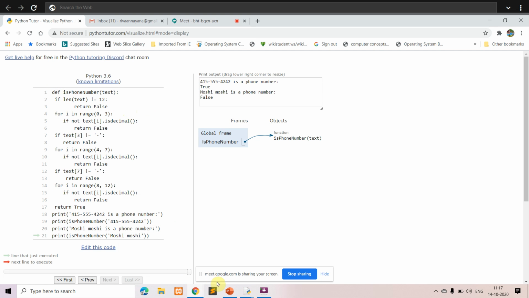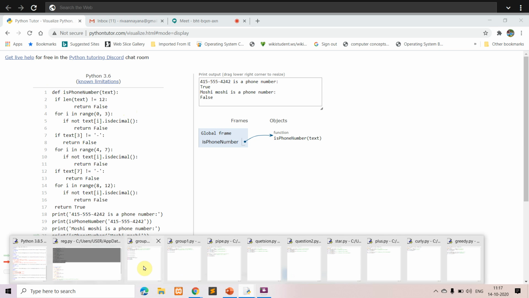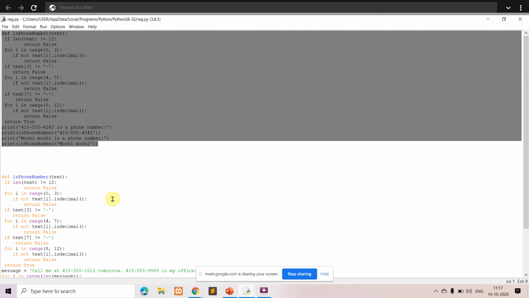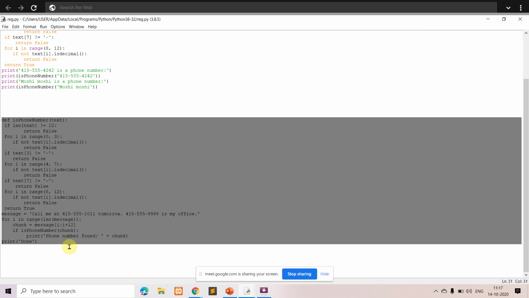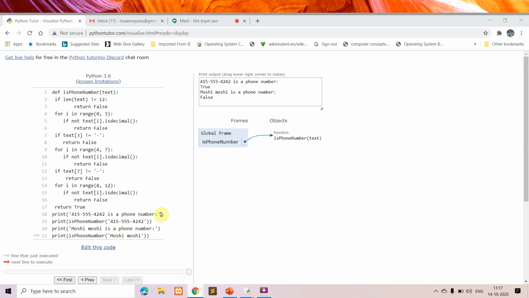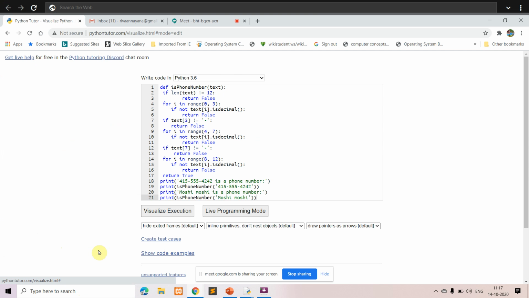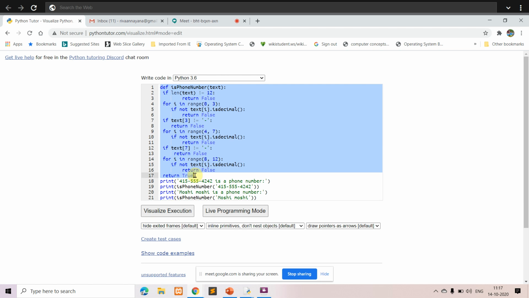Along with that, one more addition they have given, that is we'll see this particular program. There is a small change. Till here it's the same thing, only the last 4 print statements have a slight change.